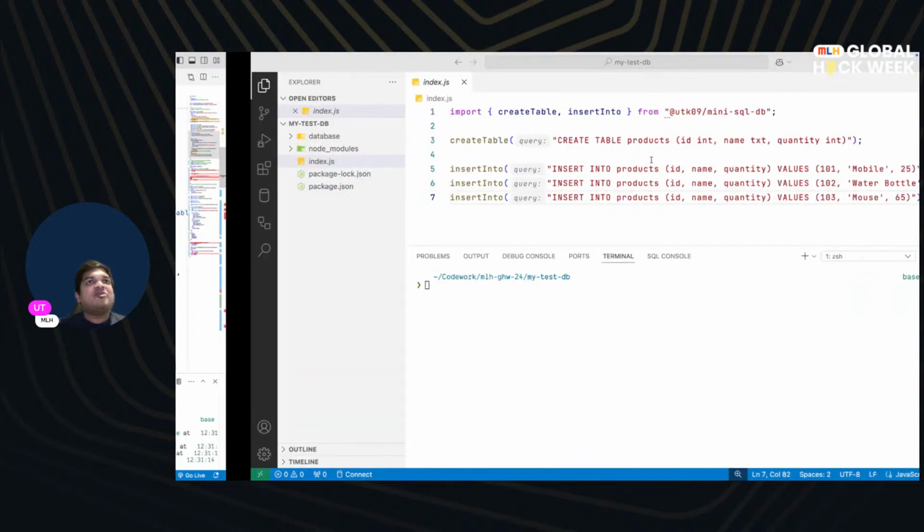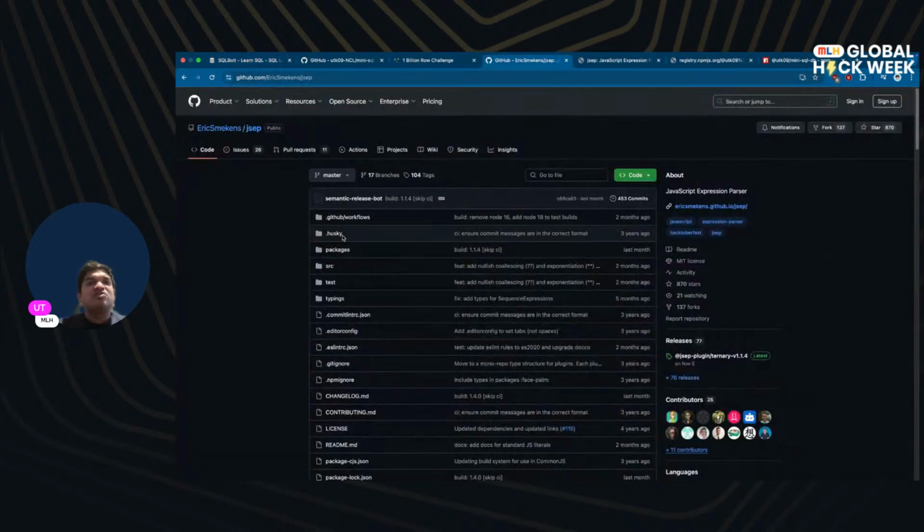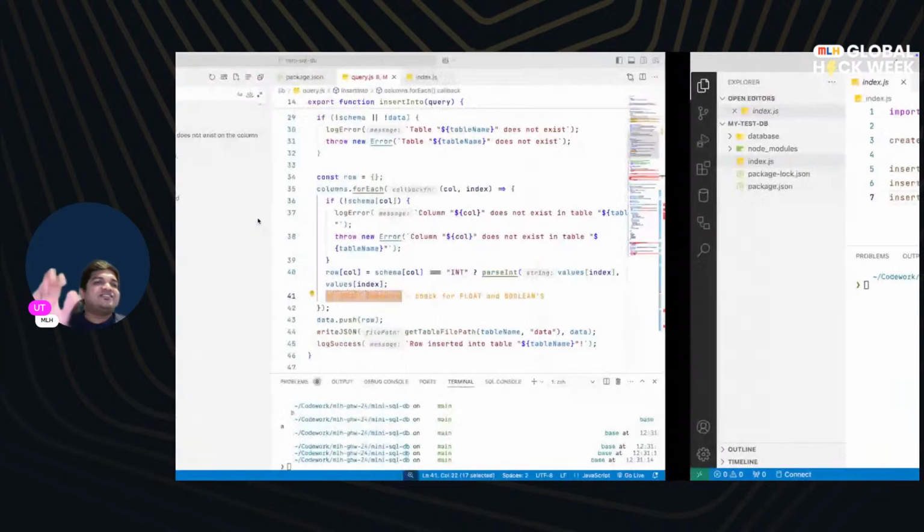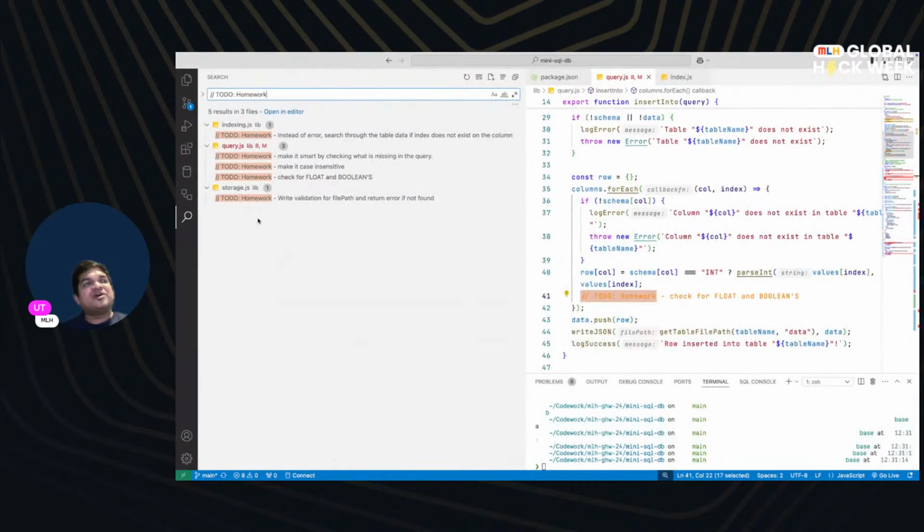And depending on how much time I can spend on this, I'll also try and add the JSEP for expression parsing. Probably I won't go down that path, but try and convert this to a TypeScript project so that we have types available, so that you get more suggestions when you use this. Anyways, I think this has been a good one. Sorry, I could not go beyond the MVP, but from the MVP perspective, I think we have pretty good